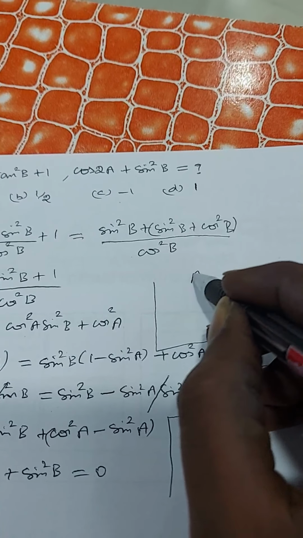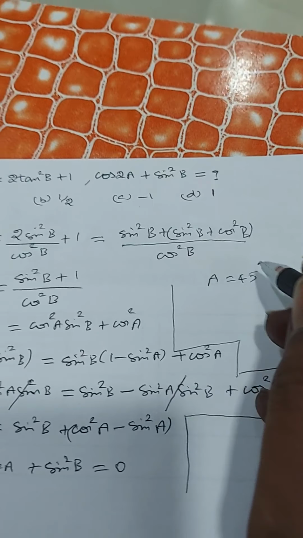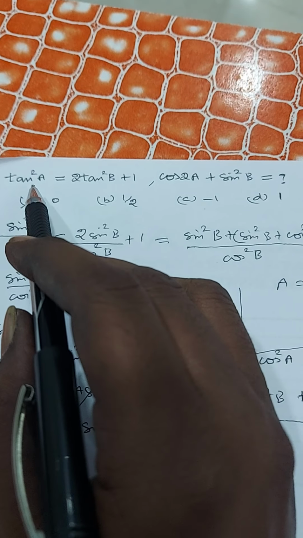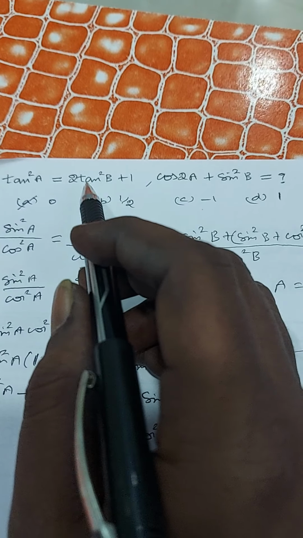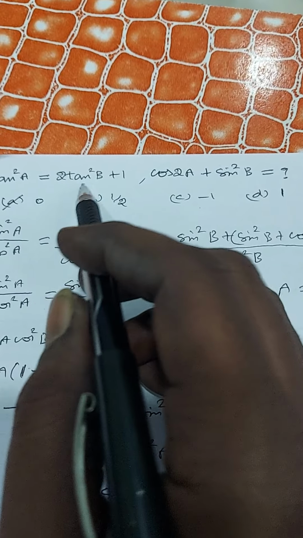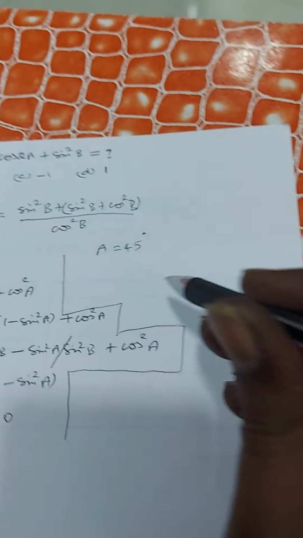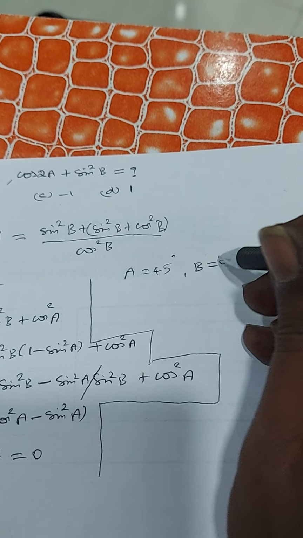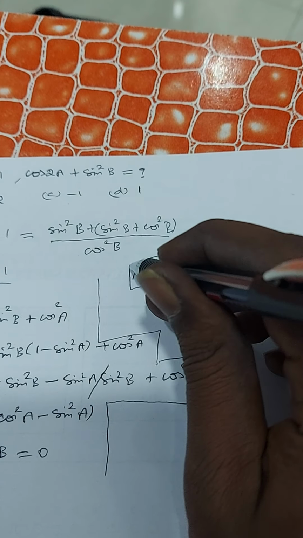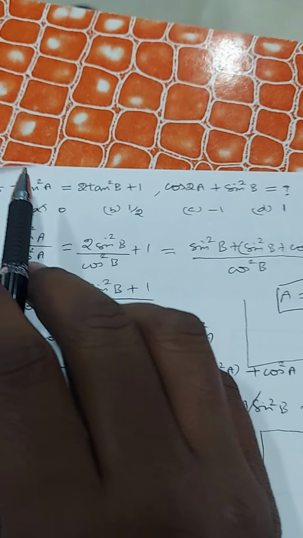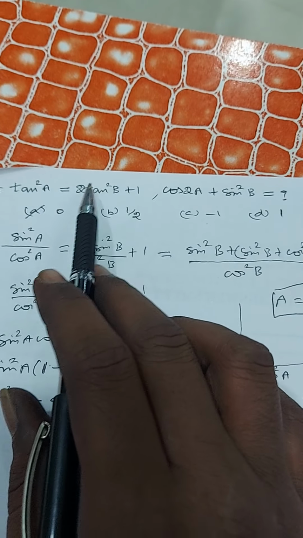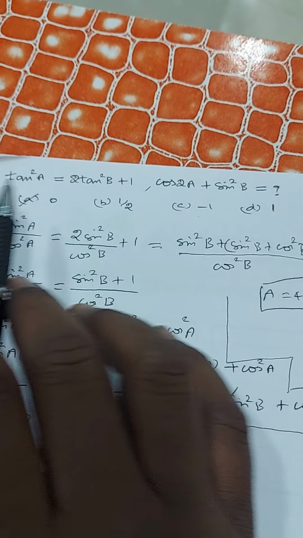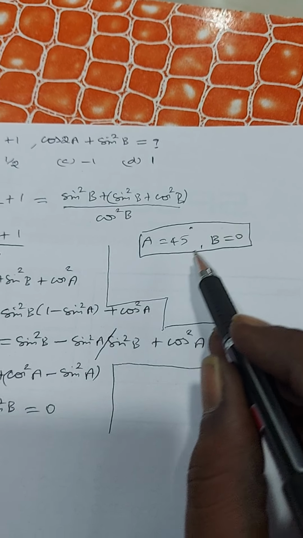If so, I am taking 45 degrees for A. See, just take 45 degrees. Then this left side will become tan 45, which is 1, square 1 only. And the right side also we should get 1. Already 1 is there, so this term should become 0. So I take B equal to 0. Listen to me: A equal to 45 and B equal to 0 will satisfy our given equation. Tan 45 is 1, B equal to 0, this term will become 0, 0 plus 1, 1. So both sides are equal for A equal to 45 and B equal to 0.